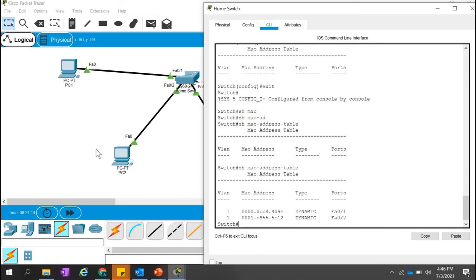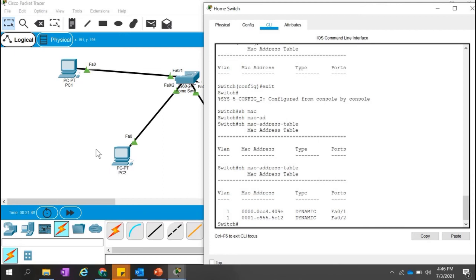Normally, for a specific time, it deletes the MAC address table. But in practical scenarios, it does not delete. If you check the MAC address table of your computer, you'll have a huge MAC address table. But obviously they put some aging timer like 24 hours or 48 hours, depending on your administrator, so that it does not increase the cache of your computer. Here this is a packet tracer, so to save resources they have put a very small time, so it is being deleted.